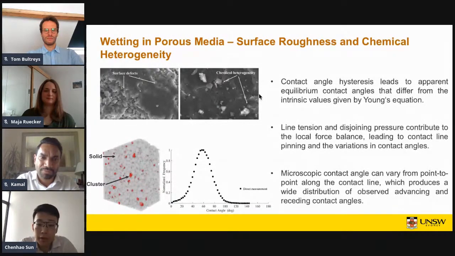So the microscopic contact angle measured by the direct local method at each surface contact point can vary from point to point along the contact line. These effects, together with the errors due to the image resolution and segmentation, could produce a wide distribution of observed advancing and receding contact angles. So it's very important to capture these effects of surface